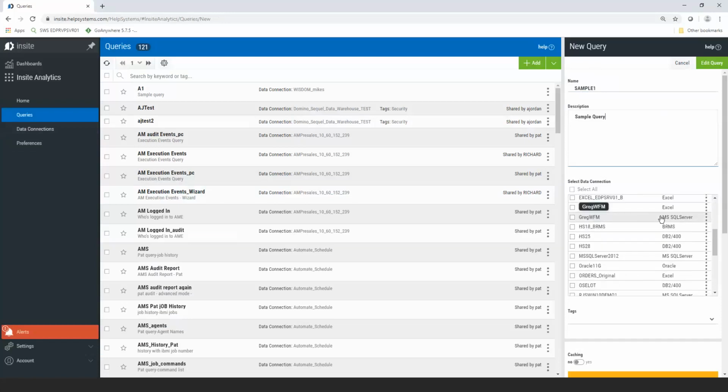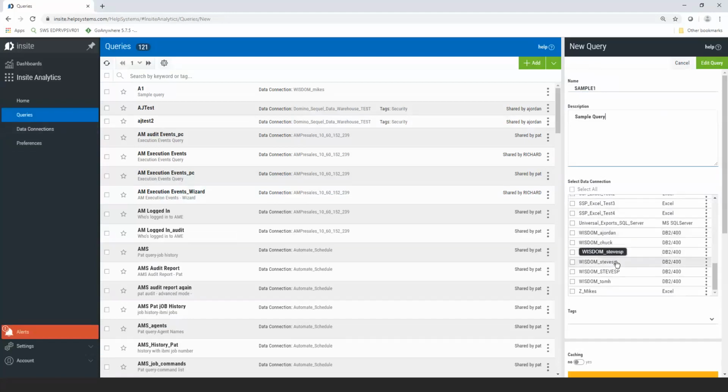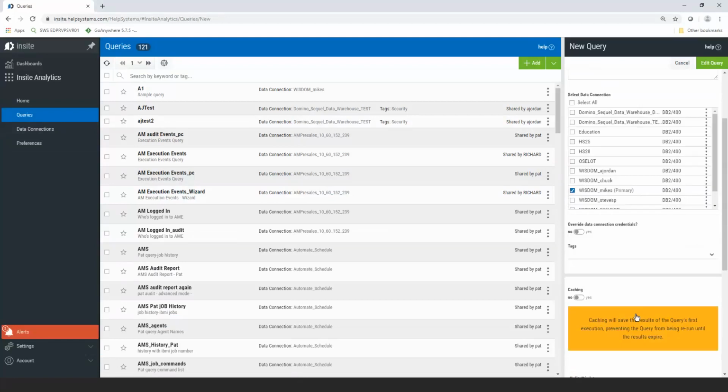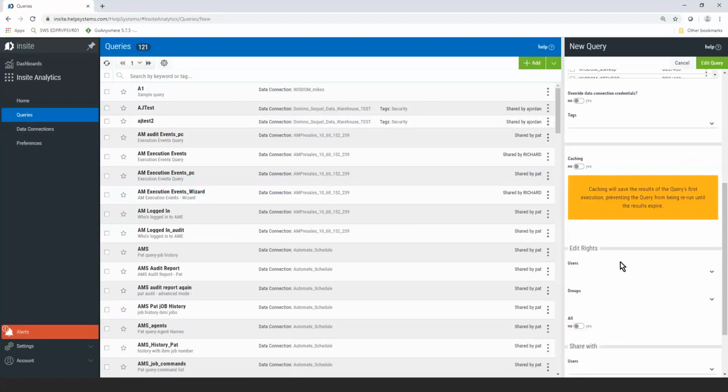Some of these are SQL Server. There's Excel. There's DB2. A whole list of them. I want to choose mine. It's off of Wisdom, and it's my own one. It's called Mike's. Here's the area where you can put some tags and any caching, which users or groups